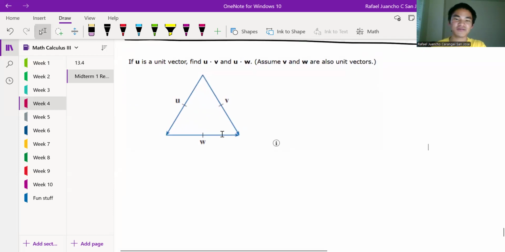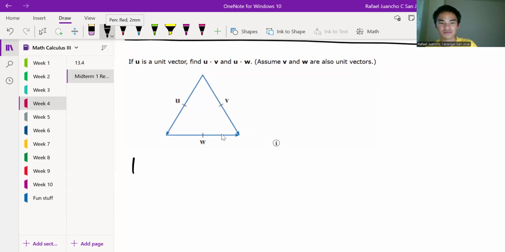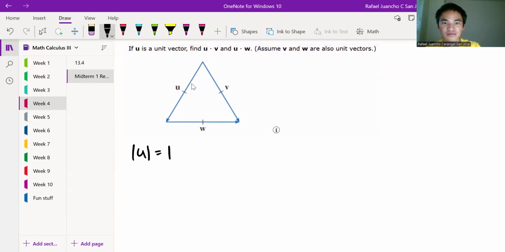Okay, so here we assume we only know dot products, but I'm gonna use everything I know. Here we assume U is a unit vector. The dot product of U and V. Oh, we have to find those two. Oh, that's cool. Well, what do we know? If U is a unit vector, then that means the length of that vector is 1, right? So if they're 1, that means the length of all of them is 1,